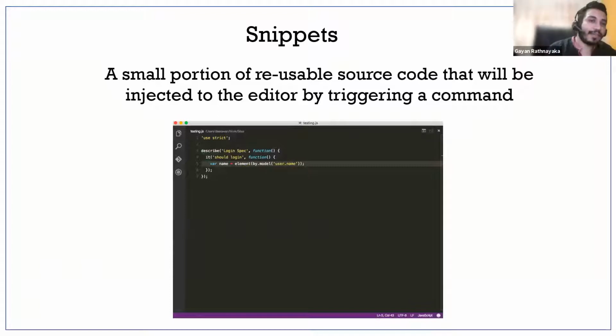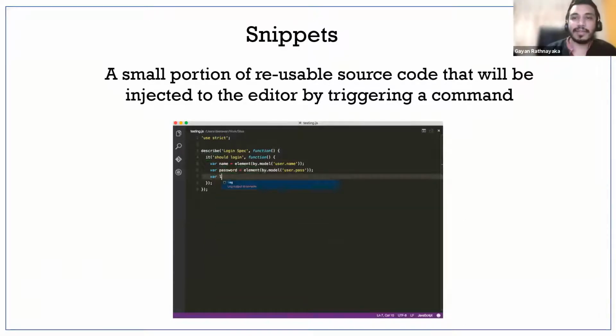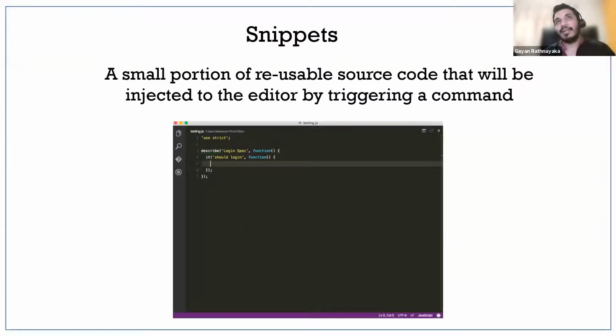I think most of you have used snippets, especially if you are a VS Code user. Basically, a snippet is small reusable source code that you can trigger by typing some command. Even in Visual Studio and Eclipse you have this. As an example, if you type CW and hit tab, it triggers Console.WriteLine.